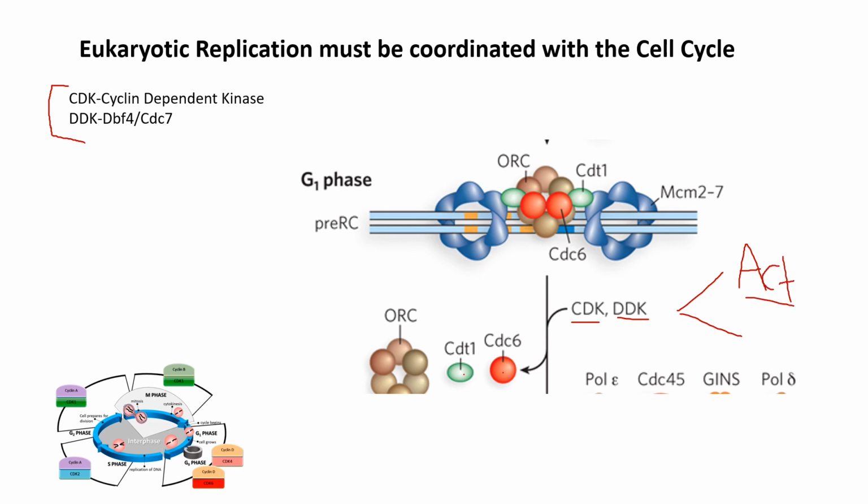What are CDK and DDK? CDK is a cyclin-dependent kinase, CDK2. And DDK is a dimer, has one subunit here called DBF4 and a second subunit called CDC7,